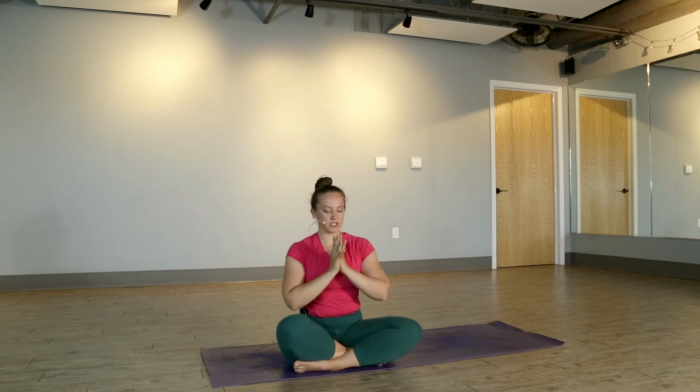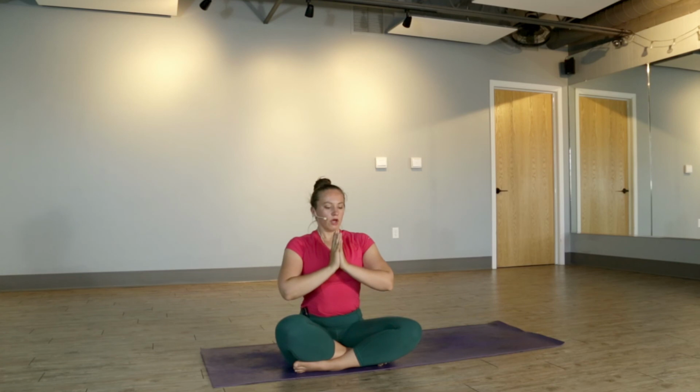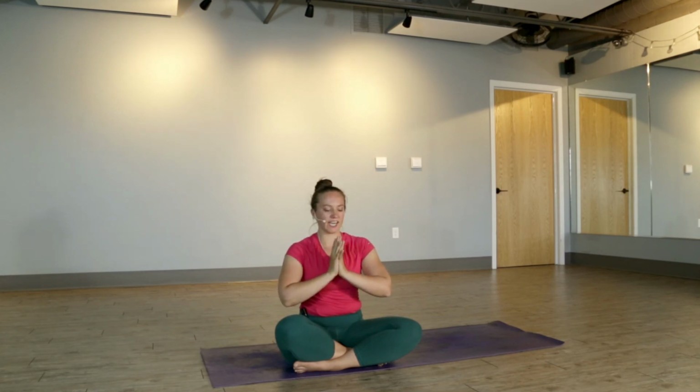Hands come to heart center. We'll end with one more big breath here. Inhale. Open the mouth. The love and light inside of me honors the love and light inside of each and